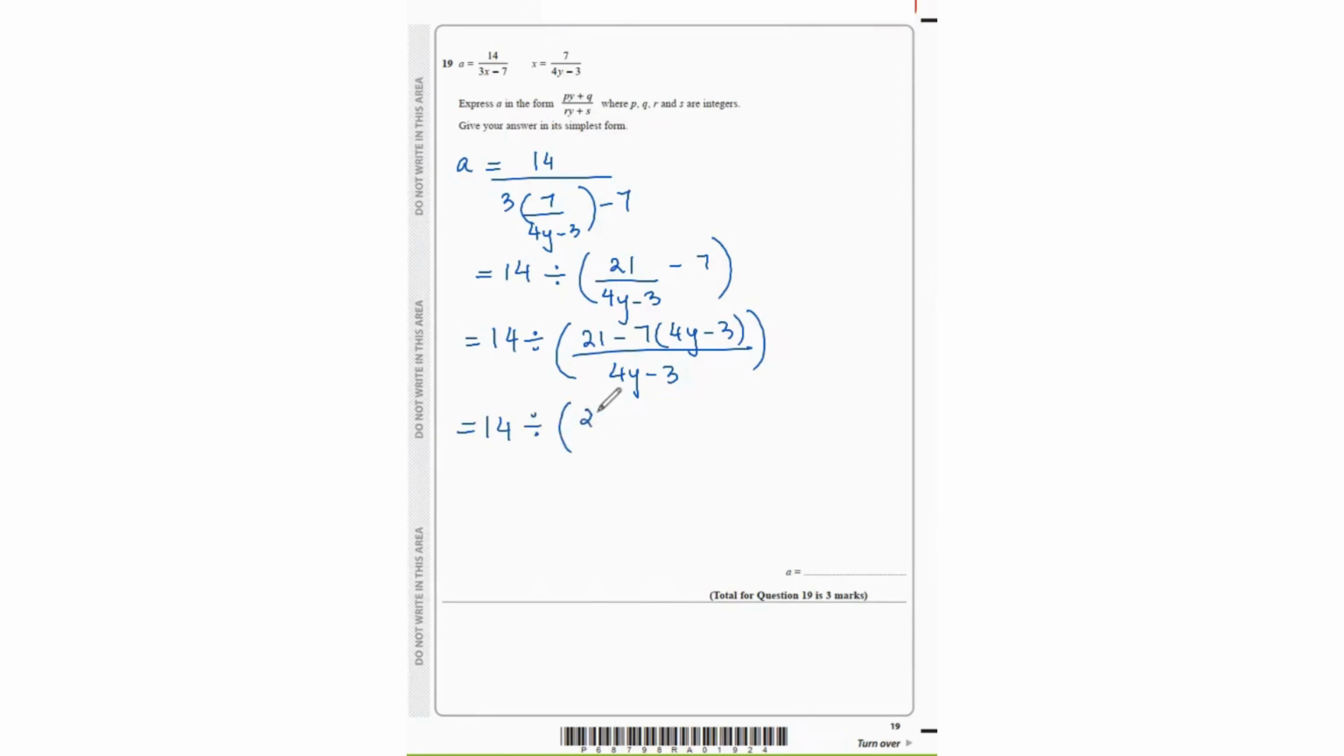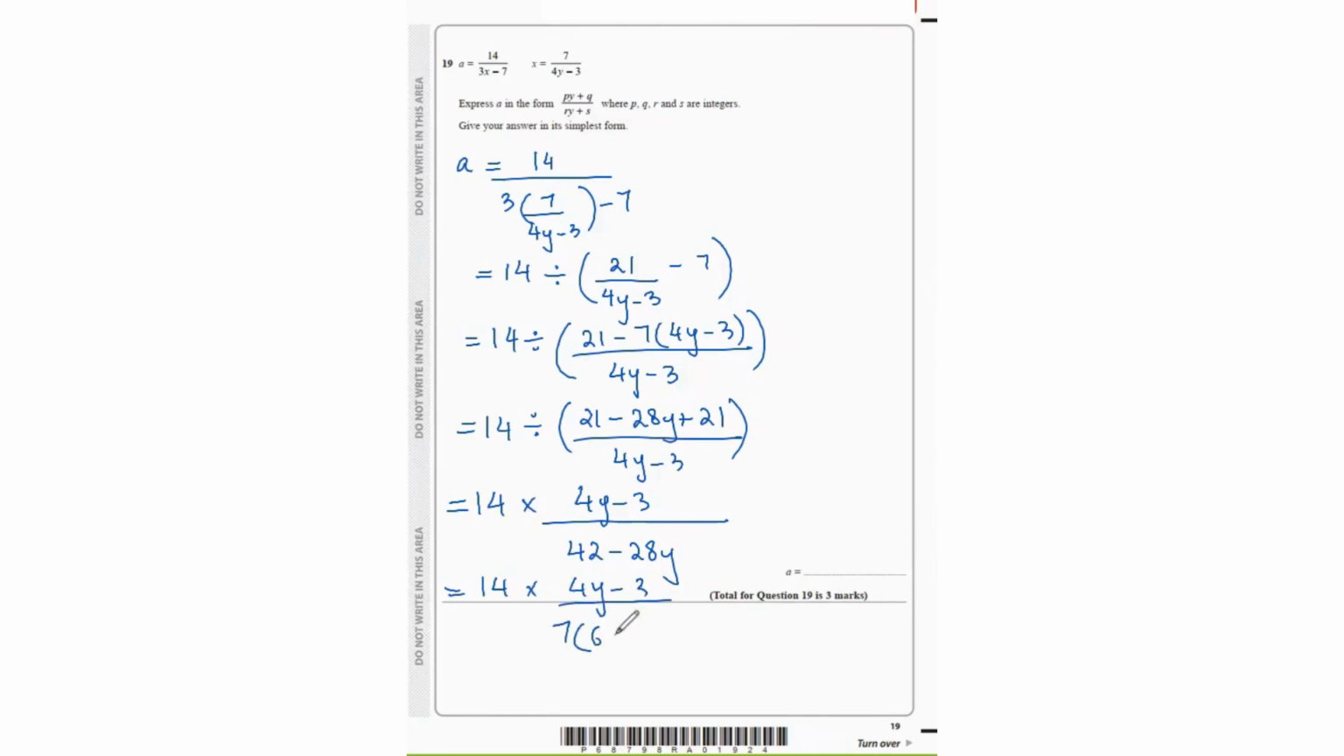So that's (21 minus 28y plus 21) over (4y minus 3). Change the division to times, take the reciprocal of the second fraction. So that's 42 minus 28y. If we take 7 common over here, so that's 6 minus 4y. That becomes 2. And we can further simplify it, because if we take 2 common over here,